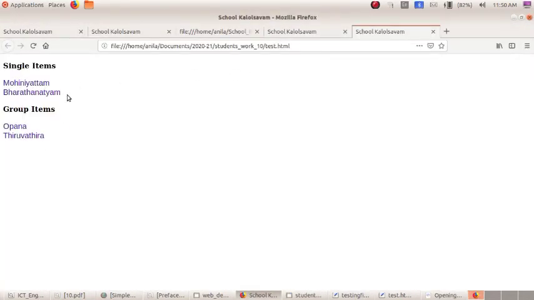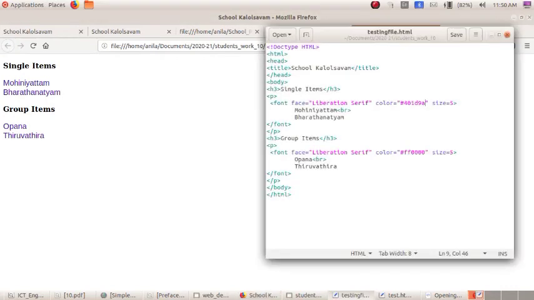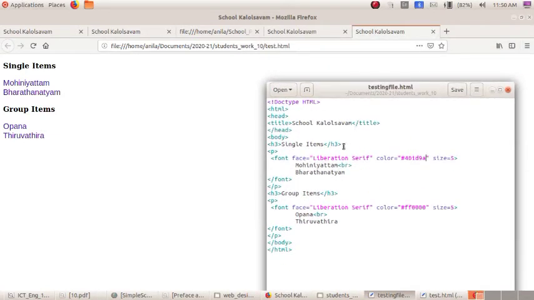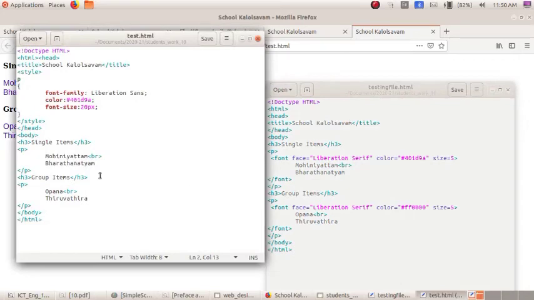See, what is the difference between both? Here we have given the font face, font color and font size 2 times. But here, instead of giving it 2 times, we have created a new tag.